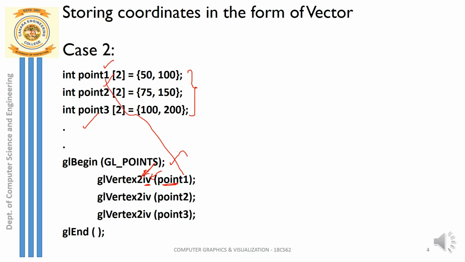You can just see for my glVertex function, I'm passing the parameter, the array point1. Instead of directly specifying the coordinates, point1 I'm specifying. So what does that array contain? It contains 2 elements. What are those 2 elements? X coordinate and y coordinate, 50, 100. So here the pointer that I'm passing, that is v, will be directly pointing to the first element in the array, and that element is 50. And then again it will increment and point to the next element in the array, that is the y coordinate. This is how the vertex or the point will be displayed on the screen.